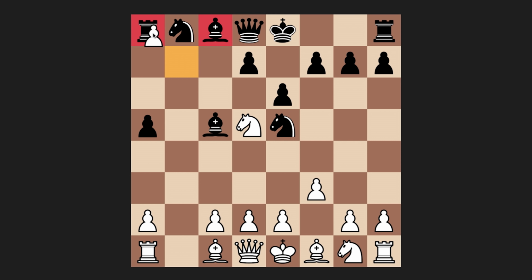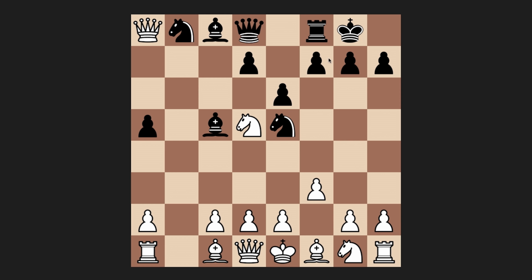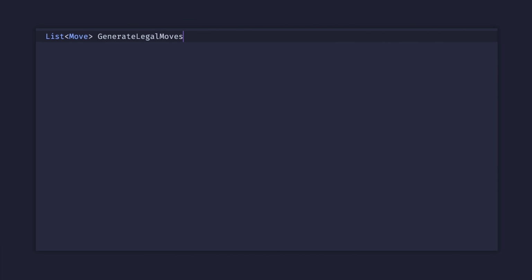Pawns can also become queens, or knights, bishops and rooks if they prefer, and we can castle the kings. The only thing not yet implemented, and it's kind of important, is the concept of check. Right now, if the king is under attack, you can just ignore it, so the moves at the moment are what's called pseudo-legal. The easiest way I can think of for fixing this is a little gross, but it's to